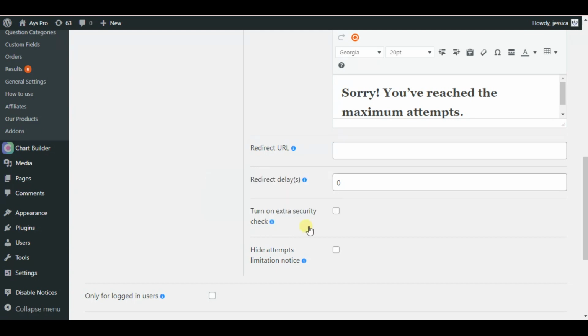If you have enabled a limitation for the quiz and don't want your users or students to cheat during it, you can make use of the Turn on Extra Security Check option. If this option is disabled, the user can refresh the quiz before clicking on the Submit button and pass it again. If this option is enabled, the attempt is counted when the user clicks on the Start button, so there is